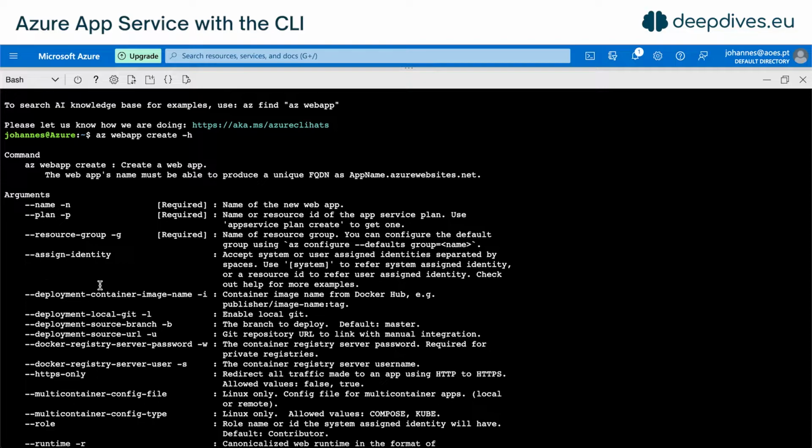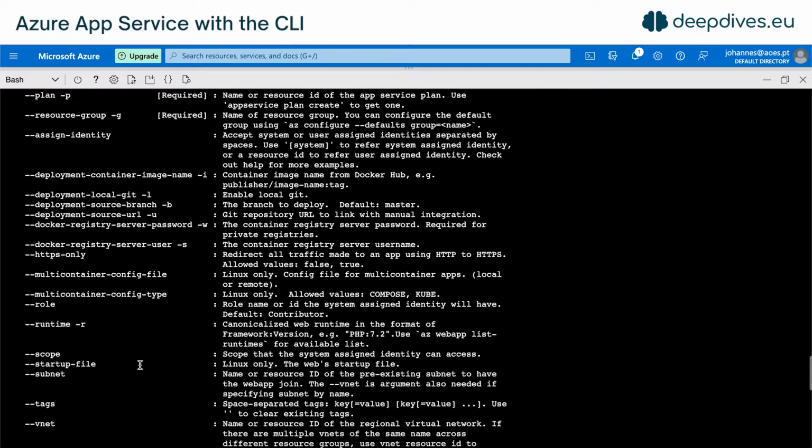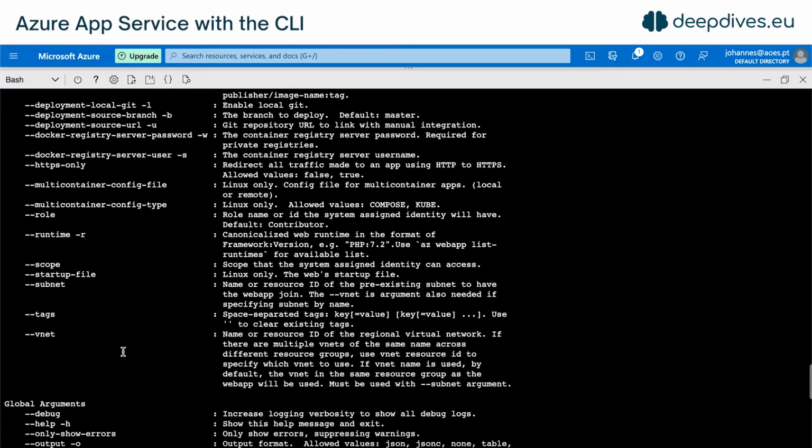We might want to set up the deployment container image name, as we're going to use an image from Docker Hub to host our environment, right? That automatically will fetch that. And then the rest of the stuff we don't really need. Everything else works nicely